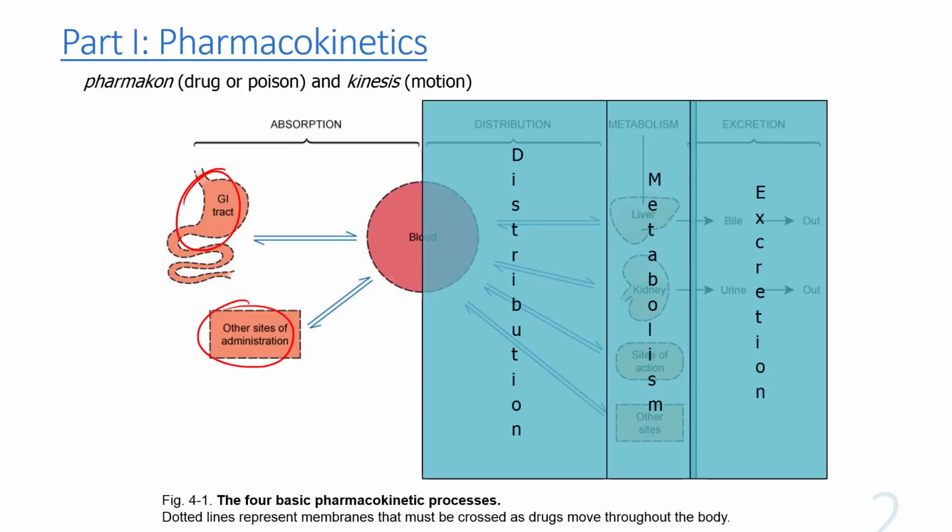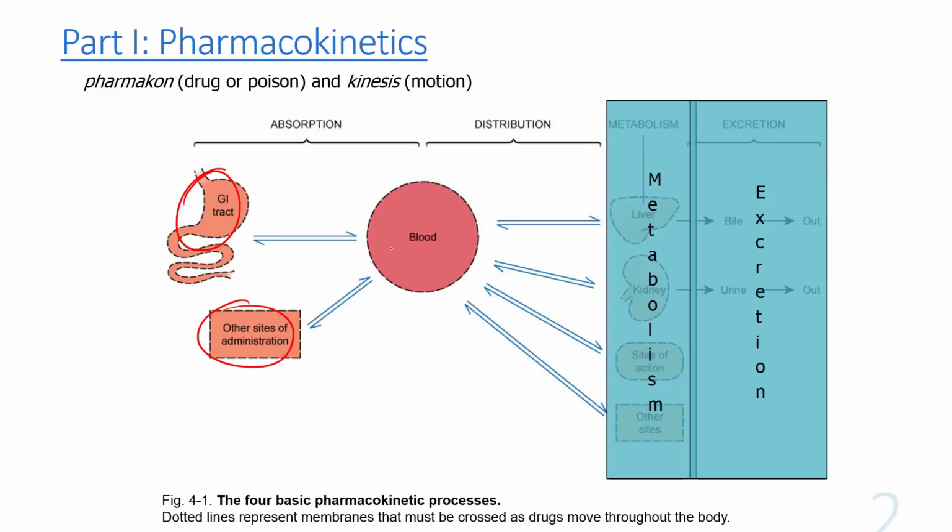And that's because most of the effects of most drugs is based on the availability of a drug through the systemic circulation as it gets to the second process, which is distribution. So distribution is when it's in the systemic circulation and it goes through the whole systemic circulation and can go through to different parts of the body, primarily to the target site. So you've got distribution to the target site, which has its therapeutic action,